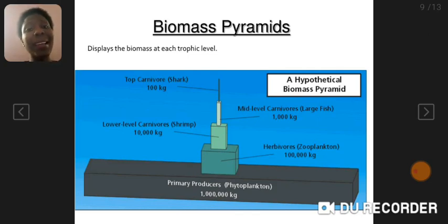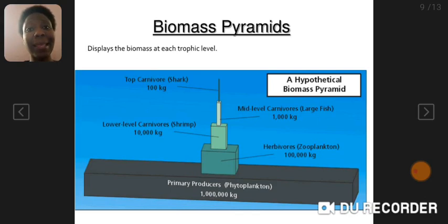So when you weigh by mass all the phytoplankton in that unit area of the ecosystem, you'll be getting 1 million kilograms as the total mass of all the phytoplankton in that unit area, all of them, irrespective